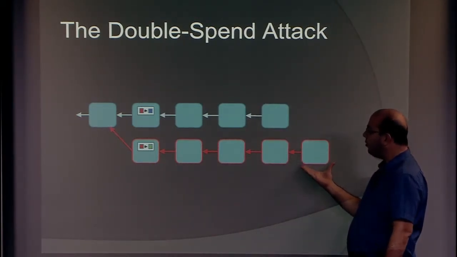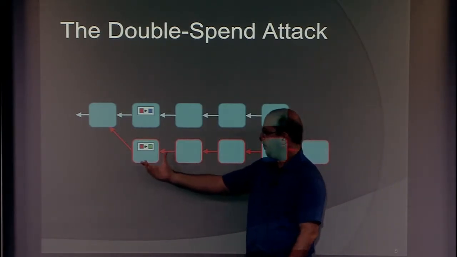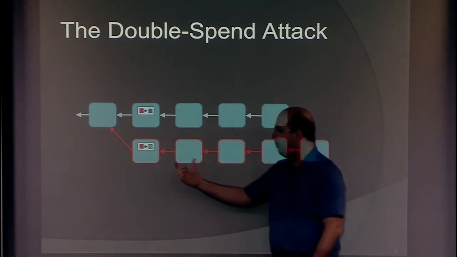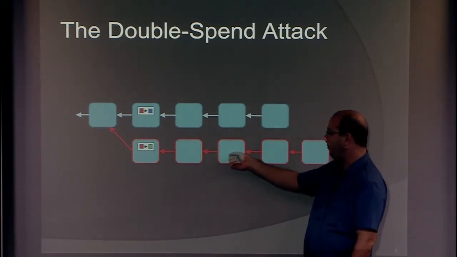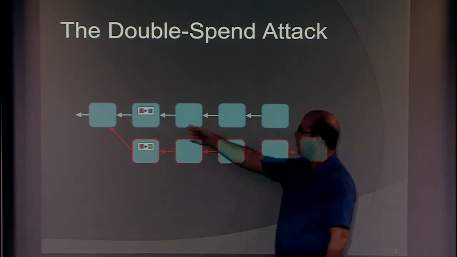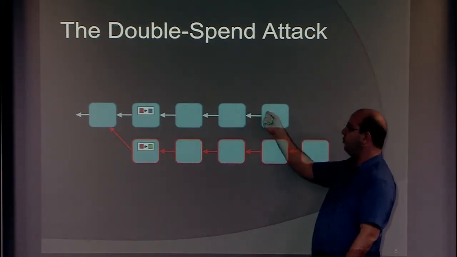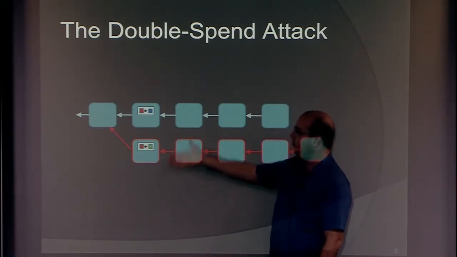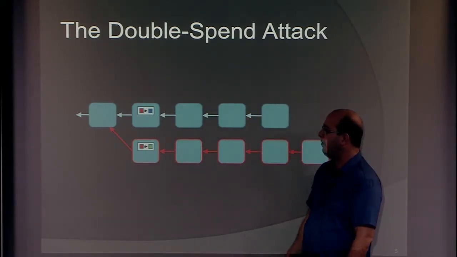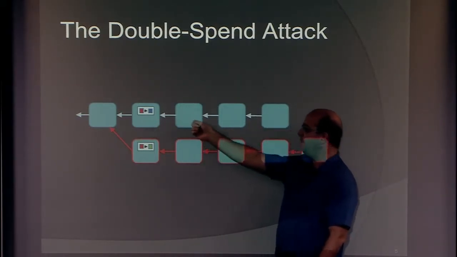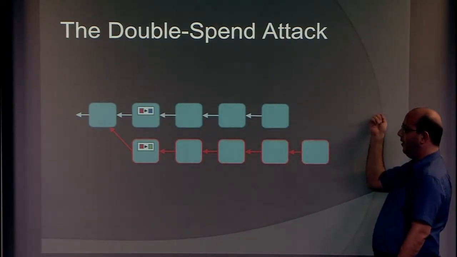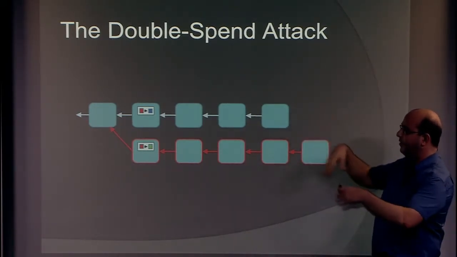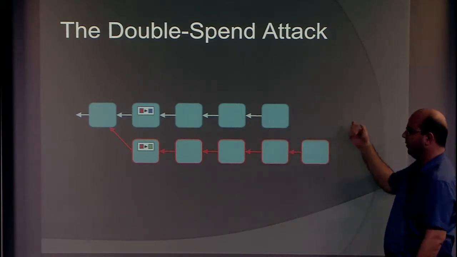So the intuition is that this is very hard to do, okay? Because in order to create this long chain of blocks, I have to solve many, many computationally hard puzzles, and I have to do it faster than the network is building its own chain here. So this is something that I've kept hidden, and at some point I just release it for everybody to see. But in the meantime, this chain keeps growing by nodes in the network that are solving these puzzles and keep adding more and more blocks on top.